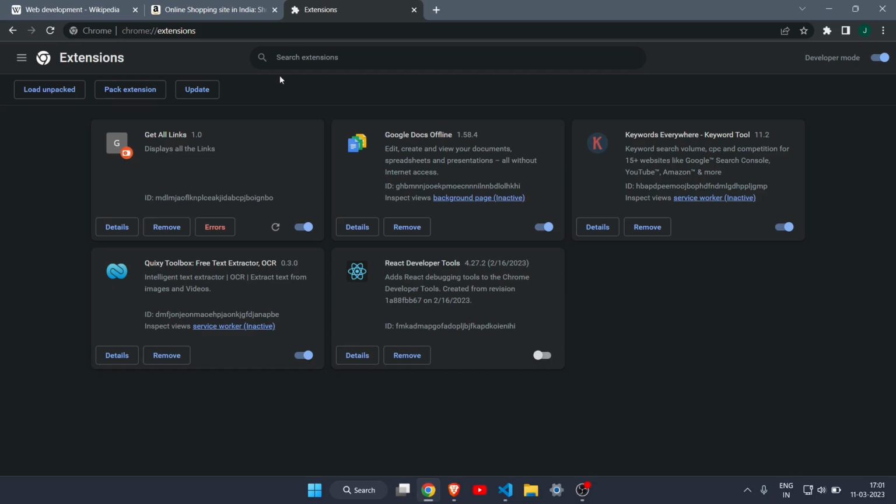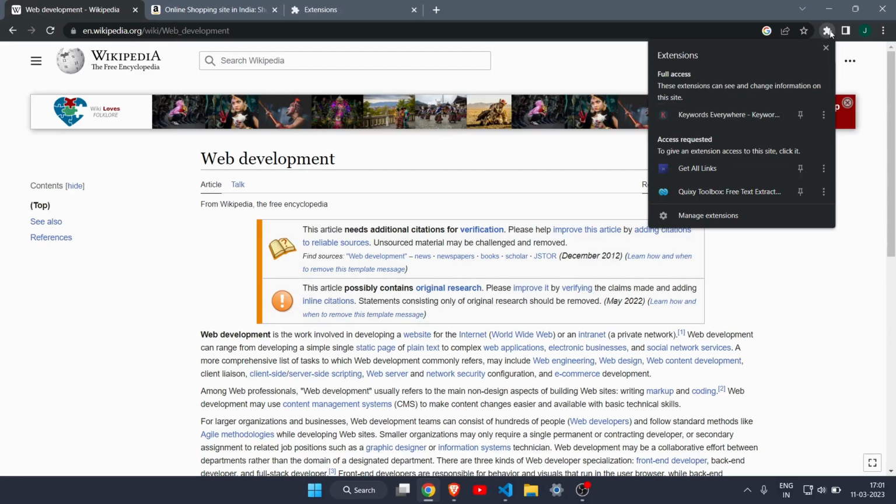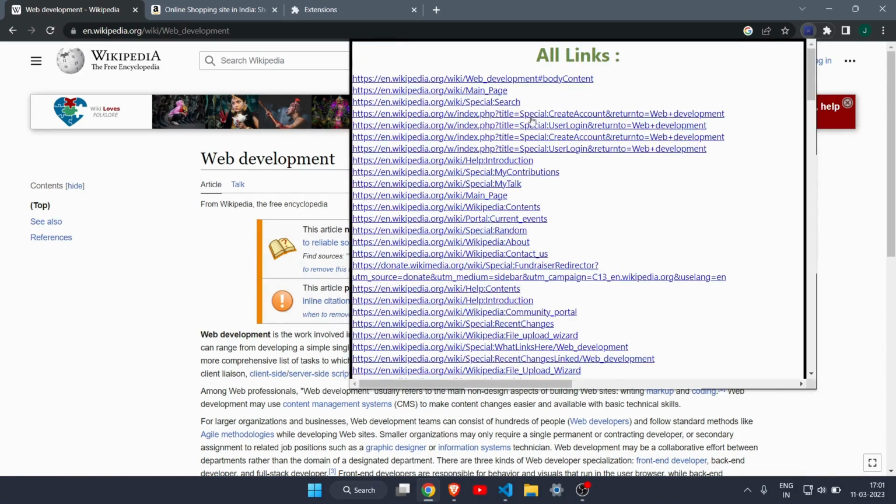So if I just show you here, I have an extension, the name of which is get all links, and this extension is made by me. Okay, so let's test this one. I will just come to a random website here, this Wikipedia website, and I will go to the extensions here, and here you can see my extension which is named get all links. So I will just click on this one, and this will give all the links which are present in this